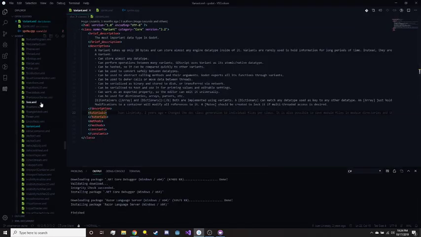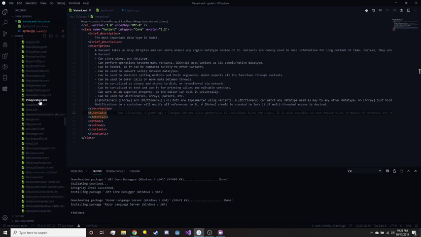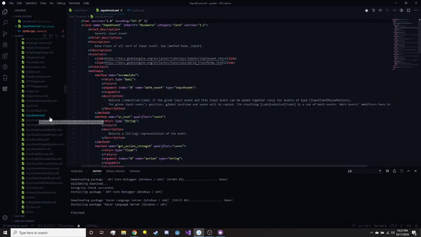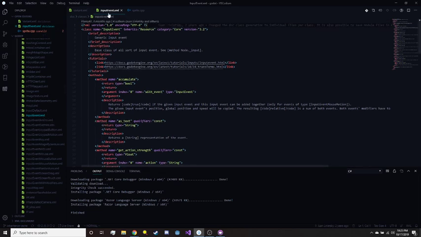So I'm back in my XML files. I'm going to scroll all the way up to input event. Here we go. So input event, and if I go to tutorials, it just has this link tag. All right, so it creates a link and it adds the link inlined right there. That is awesome. I don't know how it's configuring the actual text that shows up, so that's interesting. Alrighty, well,